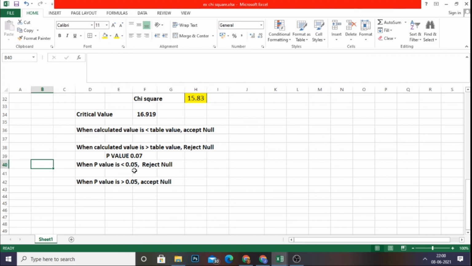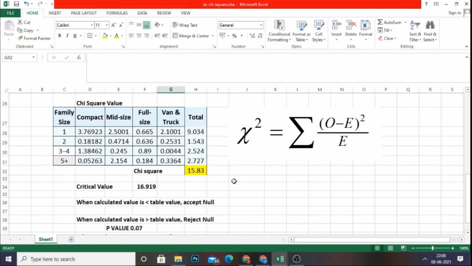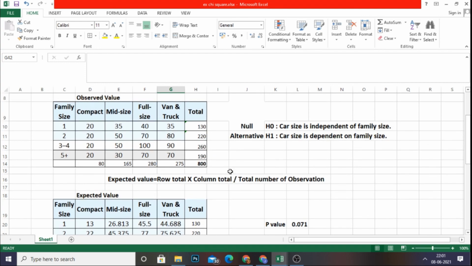When the p-value is lesser than 0.05, we reject the null hypothesis. But based upon our problem, the p-value is 0.07, that is greater than 0.05, so automatically we are accepting the null hypothesis. So with both these calculations, we accept the null hypothesis.